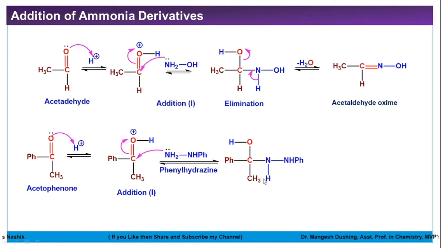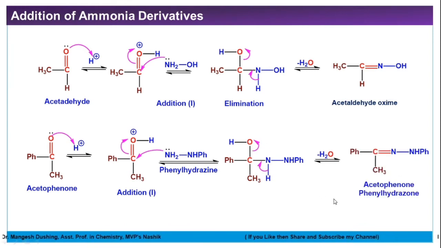Then this is the acidic proton attached to the nitrogen, so there will be condensation or elimination. This sigma electron goes over here, so the carbon nitrogen bond will be double and the carbon oxygen bond will break, and there is elimination of a water molecule. So this is the mechanism, and we will get acetophenone phenylhydrazone. So this type of reaction is there. In acetophenone, the carbonyl group is converted to phenylhydrazone in the presence of phenylhydrazine. So you should know that a carbonyl group on addition with phenylhydrazine gives you phenylhydrazone.